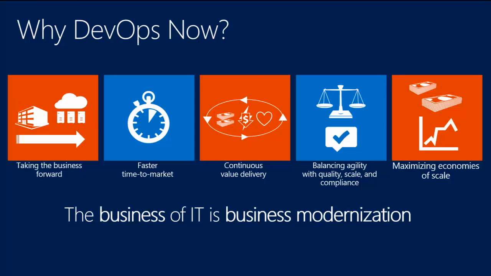Balancing agility with quality, scale, and compliance. Really, this is how quickly can I get that app or that feature in production with the minimal amount of testing to ensure that I know that it's going to perform. Using things like my private cloud or the public cloud, I can spin up identical VMs, put my new features on those VMs, and perhaps route just a subset of my customers to the new VM to try and validate